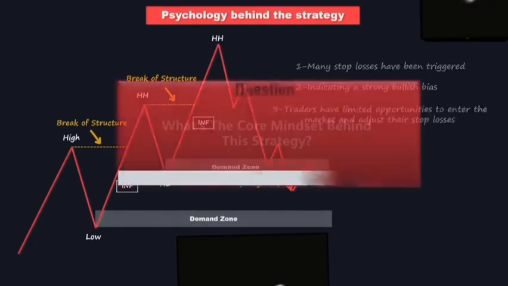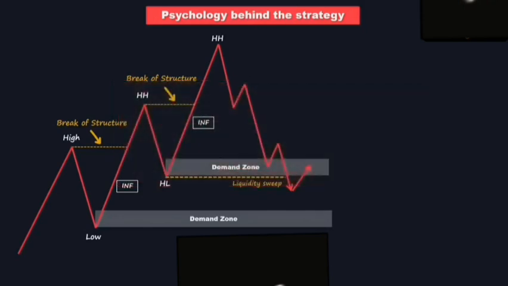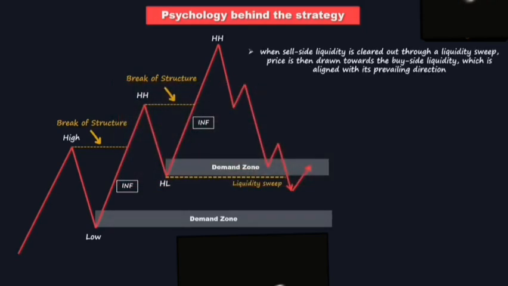What's the core mindset behind this strategy? The core psychological principle driving this strategy is that when sell-side liquidity is cleared out through a liquidity sweep, the price is then drawn towards the buy-side liquidity, which is aligned with its prevailing direction. When price sweeps liquidity on one side, buy or sell, it often triggers a shift in market sentiment. Traders are then inclined to follow the momentum and seek opportunities on the side where liquidity hasn't been swept yet. This strategy aims to exploit this psychological behavior, leveraging the dynamics between liquidity zones to identify potential trade setups with